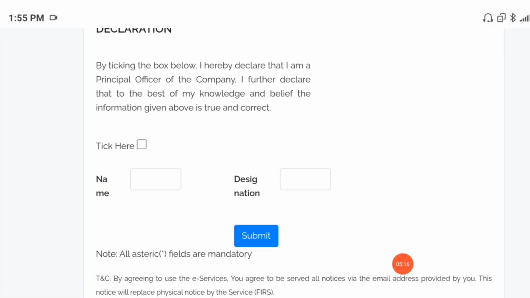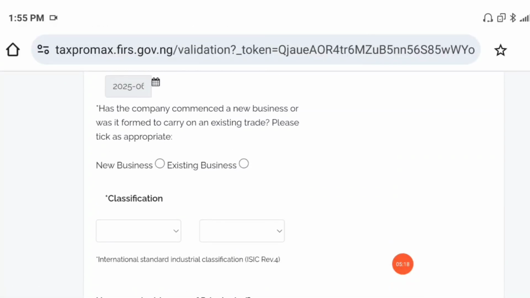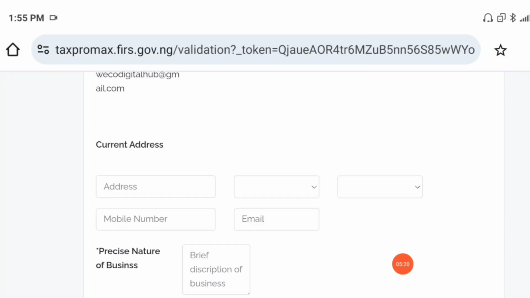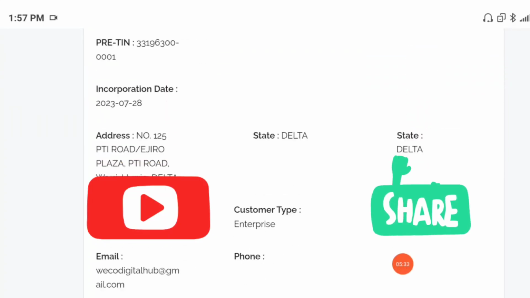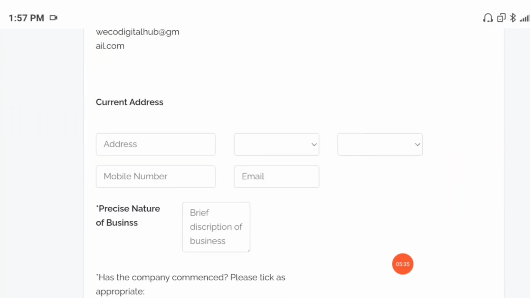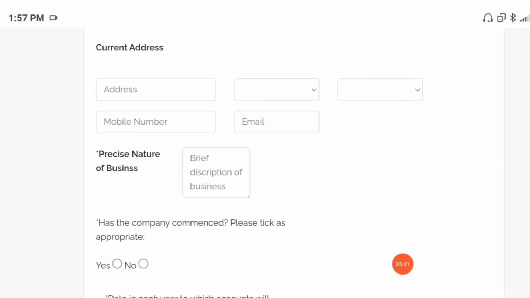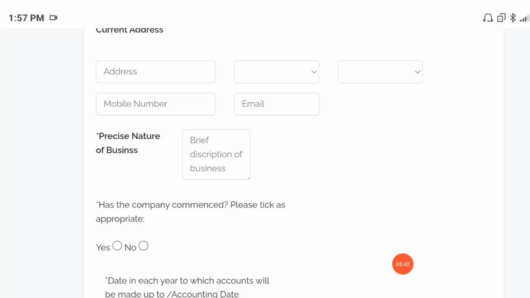because we have already gotten the TIN number. So the next thing is for you to validate the TIN number. So I'm going to fill in the other details. Now I'm going to fill in the current address, my mobile number, my email. The email, you can see, use the same email, precise